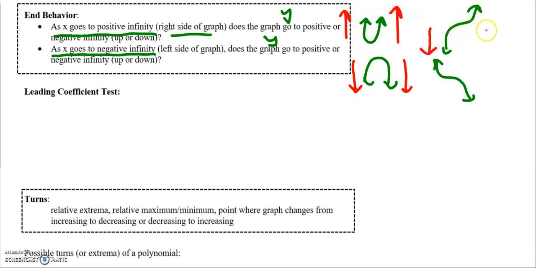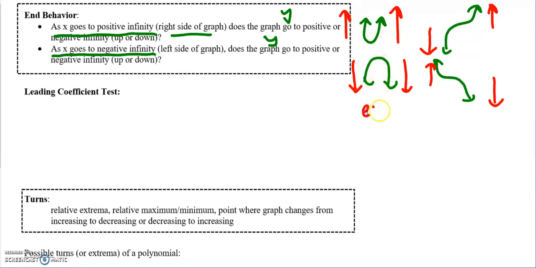As I go to the right with the x values, the y values increase. So the end behavior goes in opposite directions this time. For a negative cubic function, as I go to the left with the x values, the y values increase. As I go to the right with the x values, the y values decrease. And so what we could do is organize this information, but I also would like you to notice that the